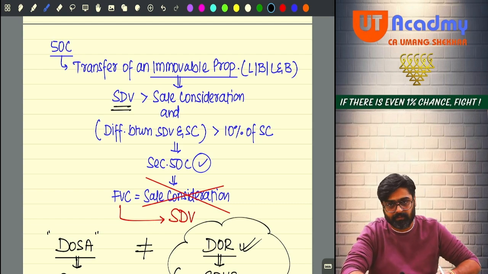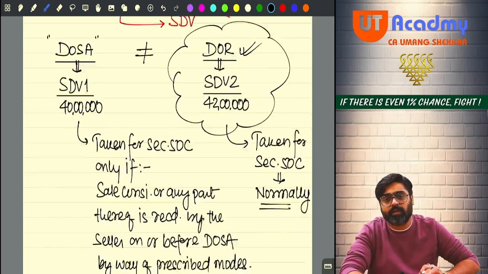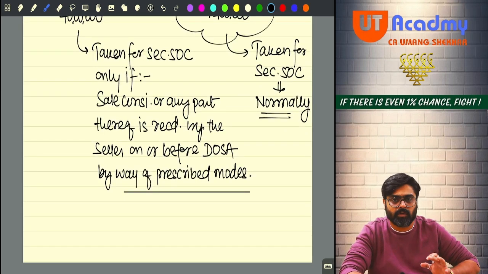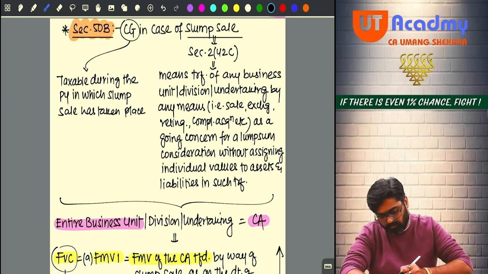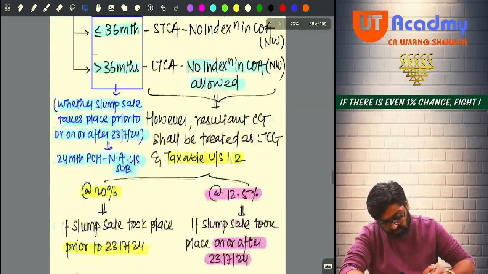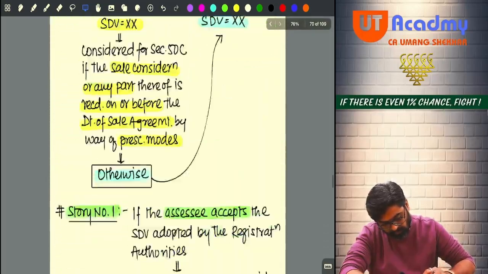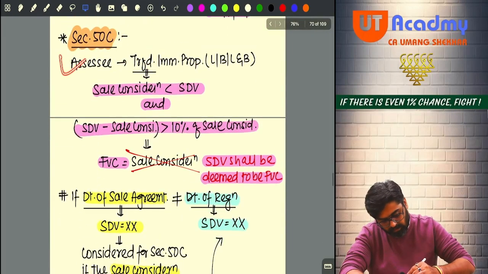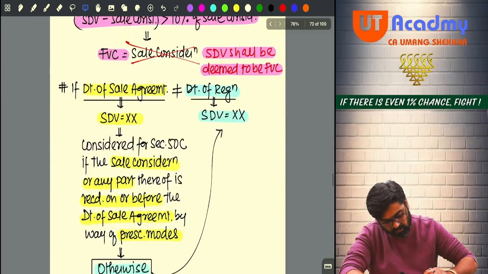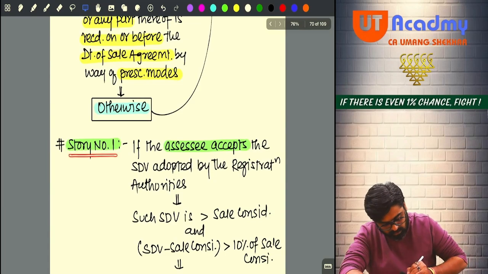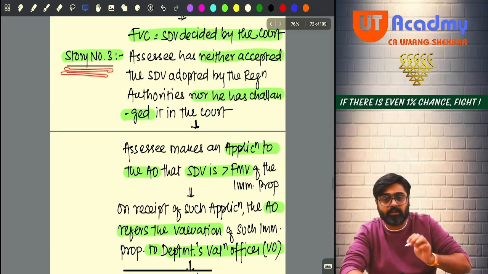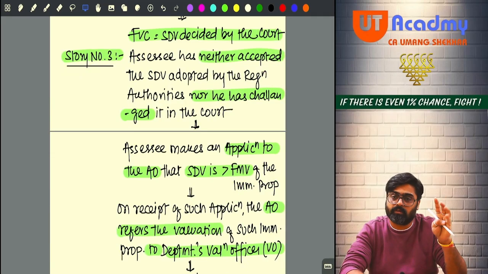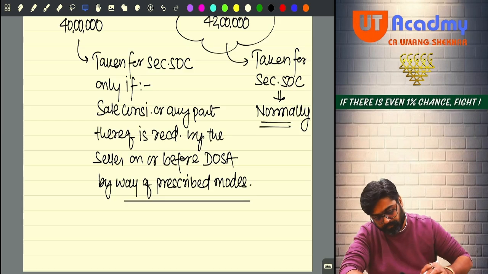So this was your 50C. Okay. Now in 50C, there are three small stories which I would like to share. So first of all, this part I have done. Sorry, 50B. This was 50B. Yes, this is your 50C. This entire part I have done. Date of sale agreement not same. Okay. Now story number 1, story number 2 and story number 3. These three stories I am discussing with you. Okay. See.